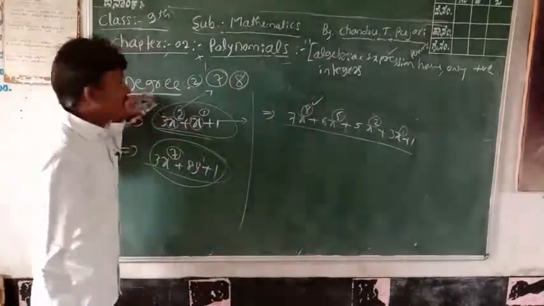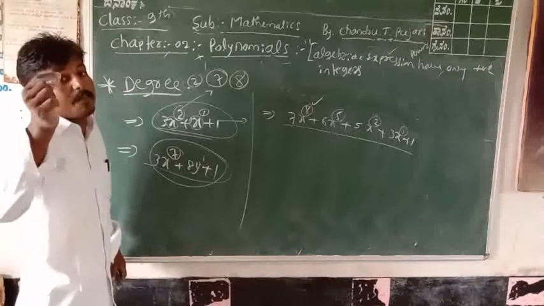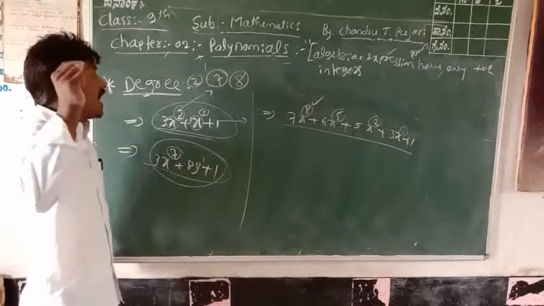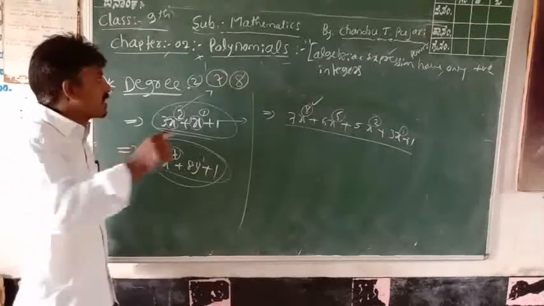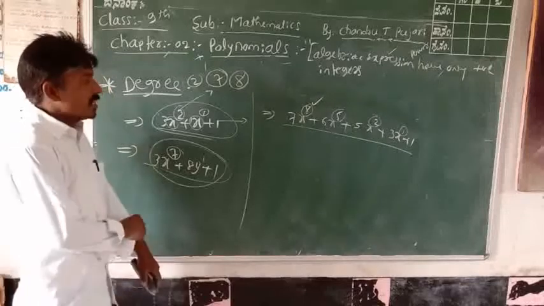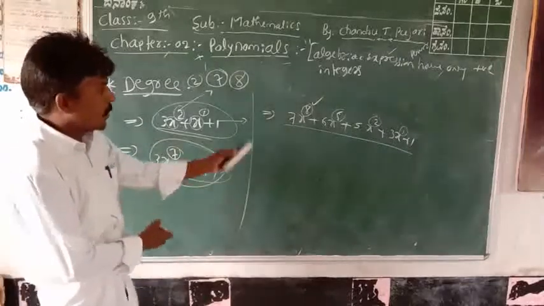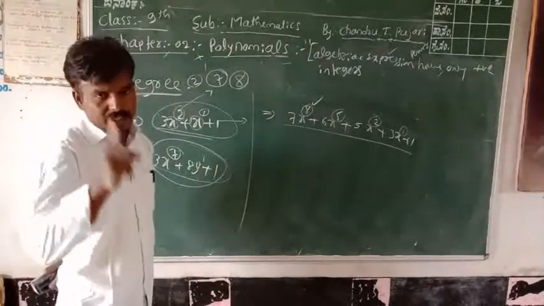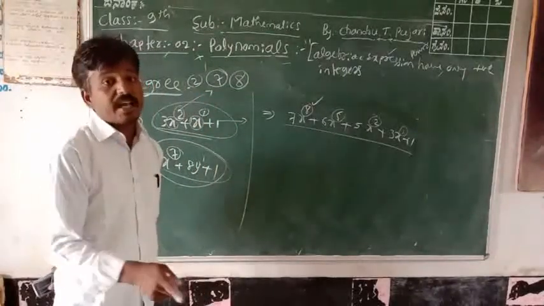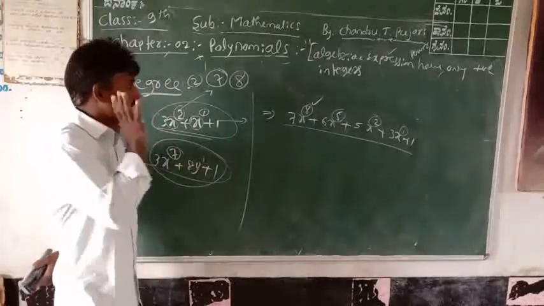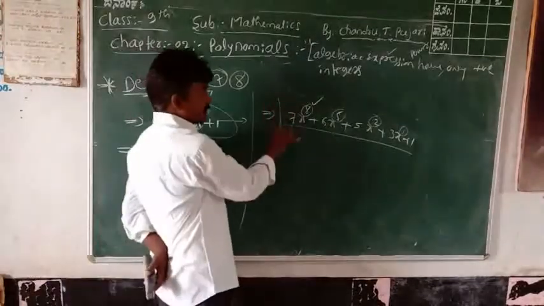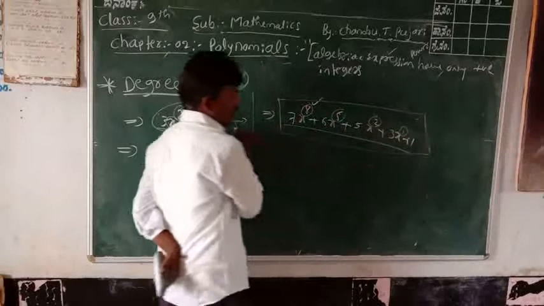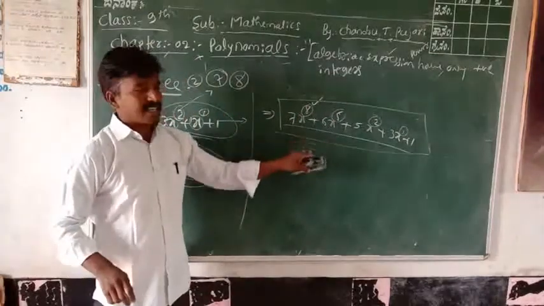The meaning of degree is the highest power of the exponents, or the highest power of the algebraic expression, is called the degree. Got it? Check once again yourself. Therefore, any algebraic expression has a constant term, coefficients, variables, and a degree. Consider this algebraic expression. This algebraic expression's degree is 8.